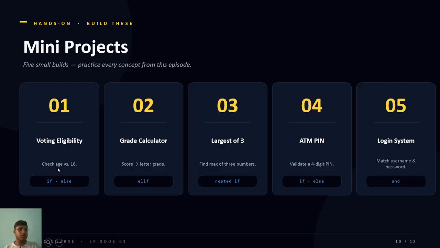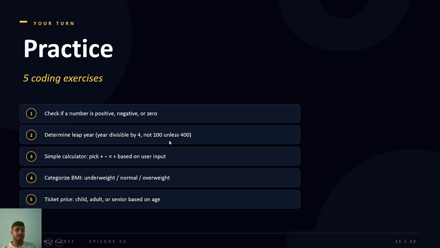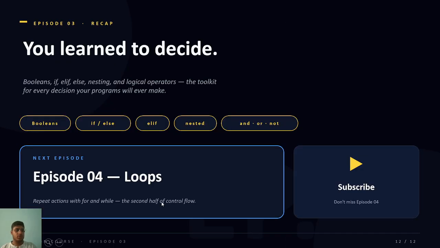I have made one mini project for you as a voting eligibility. Now create a calculator, a largest of three numbers, or an ATM pin and login system. You can do it on your own. If you have any doubts, you can comment and I'll be replying to it. These are some practice questions where you can practice. So in the next lecture, you will be